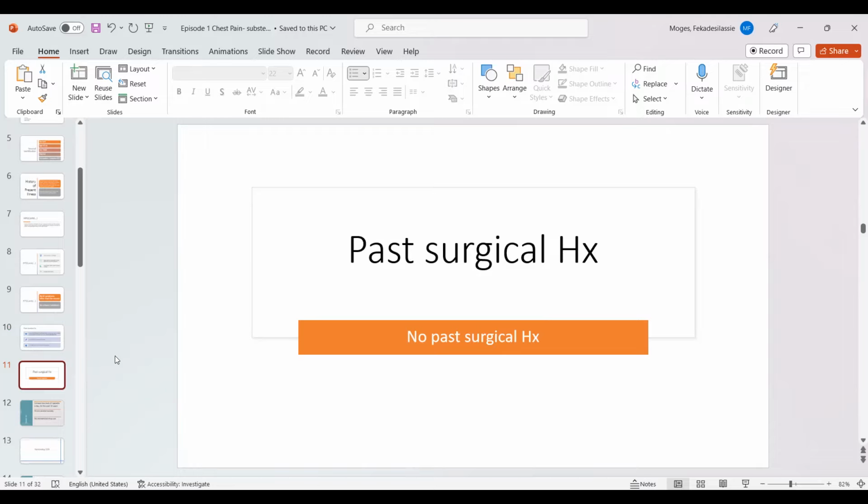You can ask about any surgical history. You can simply say, have you ever had any surgeries in the past? Then if I have that information, I'll say yes. In this case, I'm going to say no. Simple. Then when they say yes, you can ask what kind of surgery and when did you have that surgery. Then you can elaborate further when they give you a positive history. If they say no surgical history, you don't have to specifically ask about a particular surgical procedure.